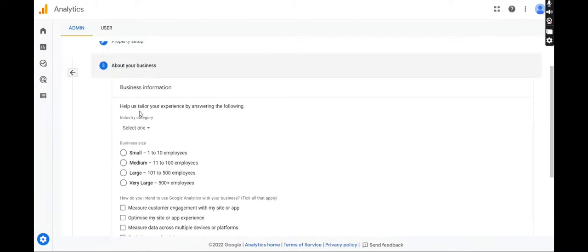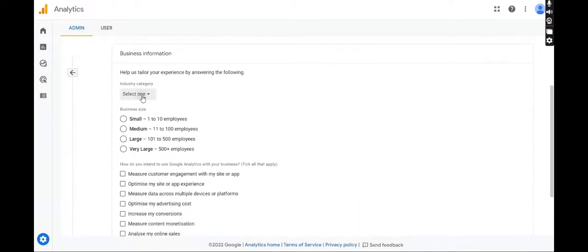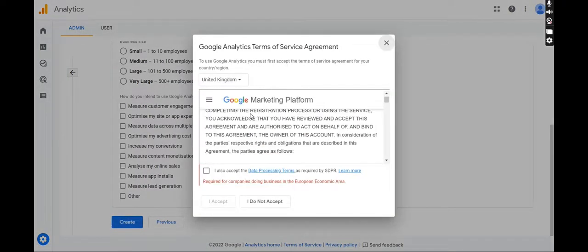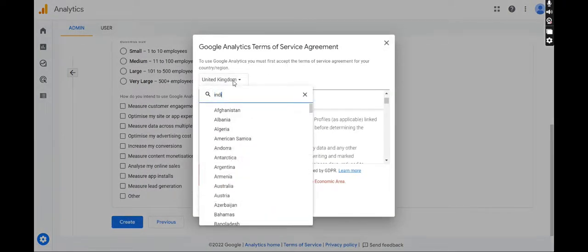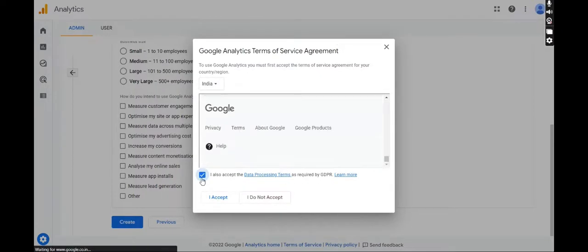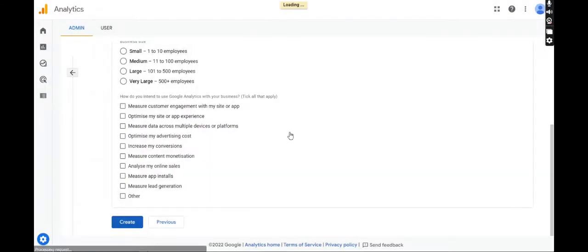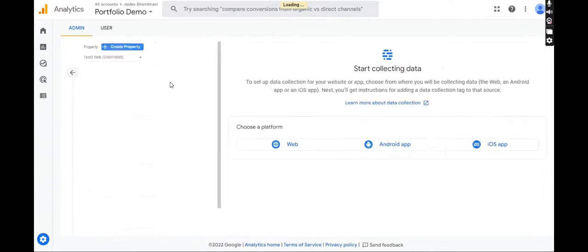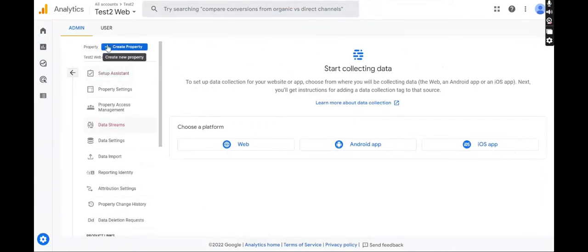Now this is some business information that it asks you. You can select any category, but this is all optional, so it's up to you if you select it or not. Create. Even here you'll change the country. It's India. You'll read through this and accept. Click I accept. So once you've done this, you can see an account has been created,